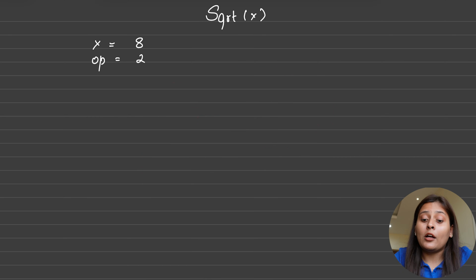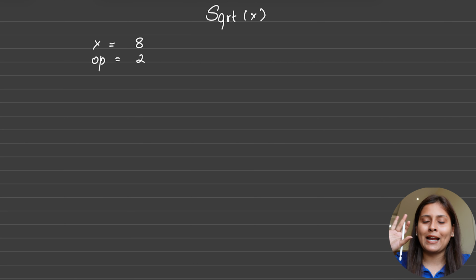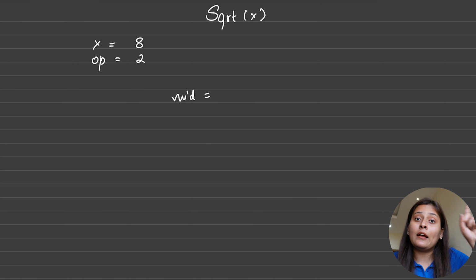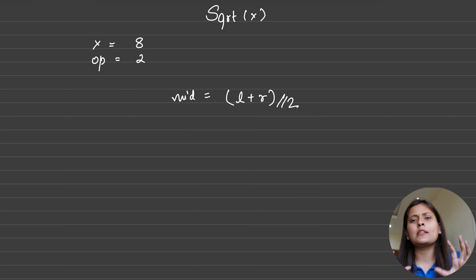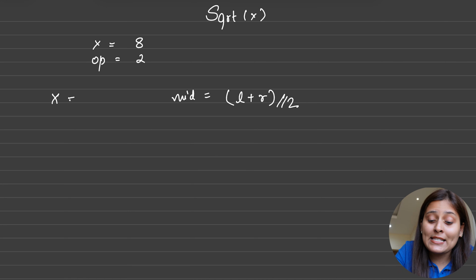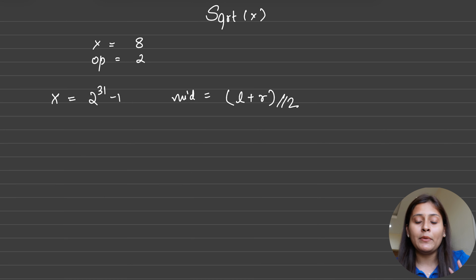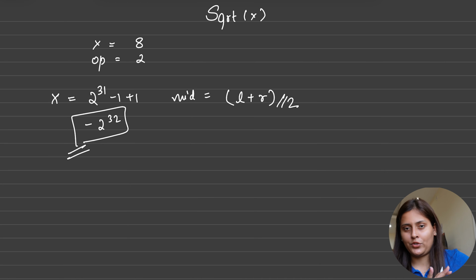Now the third important thing I wanted to talk about is, in binary search we put a left pointer at the leftmost side, a right pointer at the rightmost side, and then we calculate the mid index. You remember earlier we calculated the mid index as left plus right divided by 2, because the constraint was small. Why am I mentioning the constraint? Here you saw that x can be 2 power 31 minus 1, and this is the maximum limit. If you add even 1 to it, it will become negative, which is not a valid integer for this question.